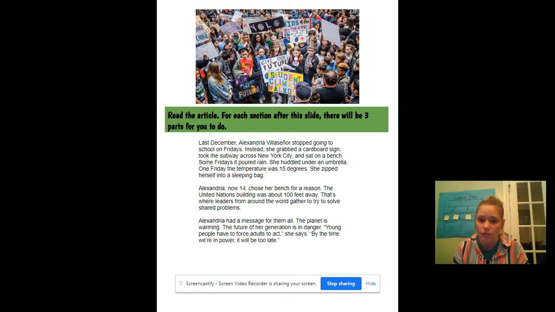So I'm going to let you do that, but you know what? There's a trick. If you're not sure what a word is, remember you have tools you can use. Since this is a Google slide, you can use your Read&Write for Google, that purple puzzle piece, and have it read to you. You might not want the purple puzzle piece to read you the whole article, but you might use it on those words you're not sure of. Okay? So I'm going to have you read that introduction on your own.